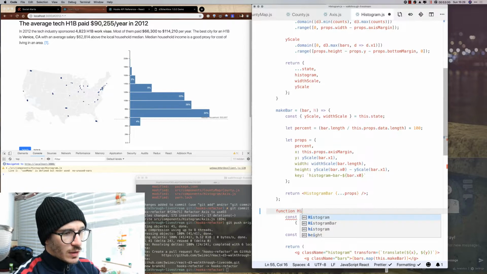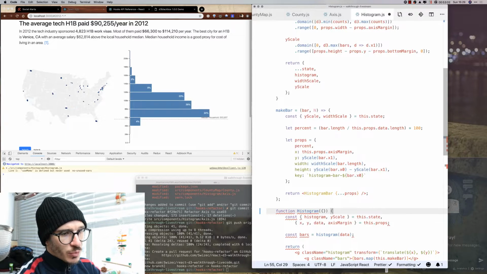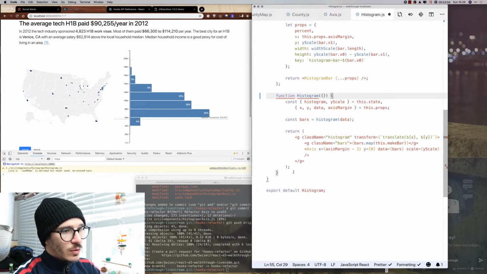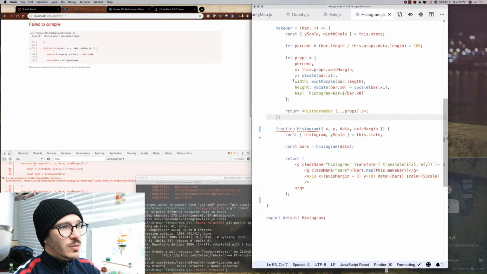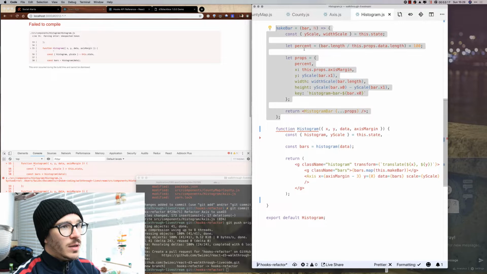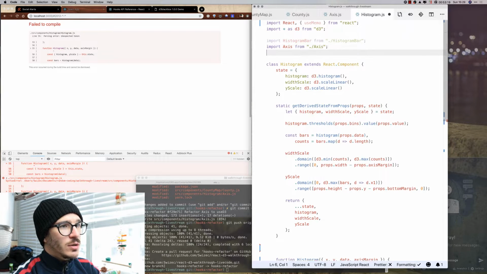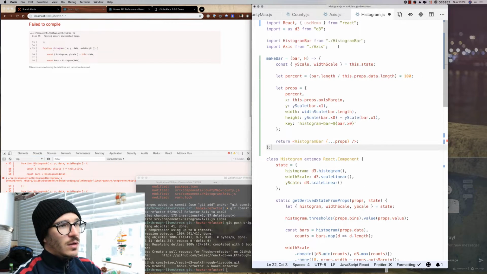Function histogram, which takes some props and returns all of this stuff. It takes, let's see, x, y, data, and axis margin at the very least. So those are our props. We can make bar can become its own function. So we say const makeBar equals this functional component, which is going to